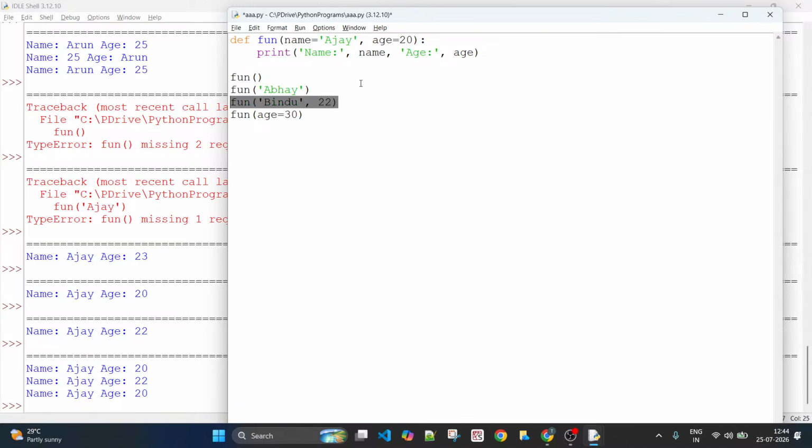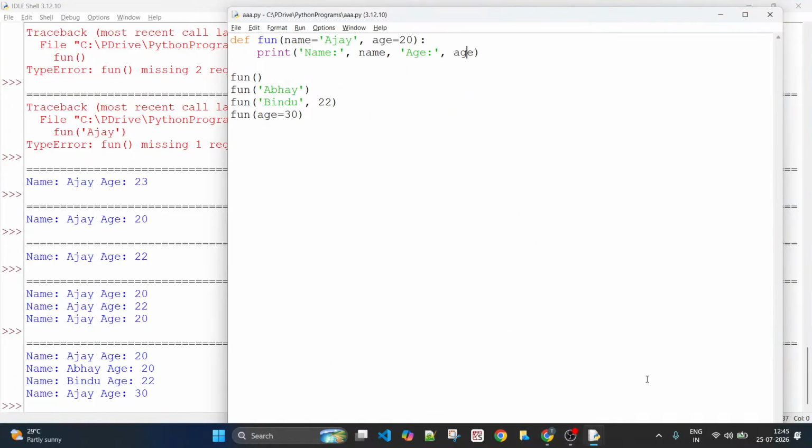For this call, what happens? It prints name as Bindu, because the default argument value is overwritten by me since I have passed it explicitly. And age I have also passed, so age would become 22 and it would print 22 instead of 20. In this case, I have used a keyword argument and said, please consider 30 for the age parameter. So this becomes 30, but the name is assumed to be Ajay only. So the output would be name is Ajay, but the age is 30. Let us run this and check that quickly.